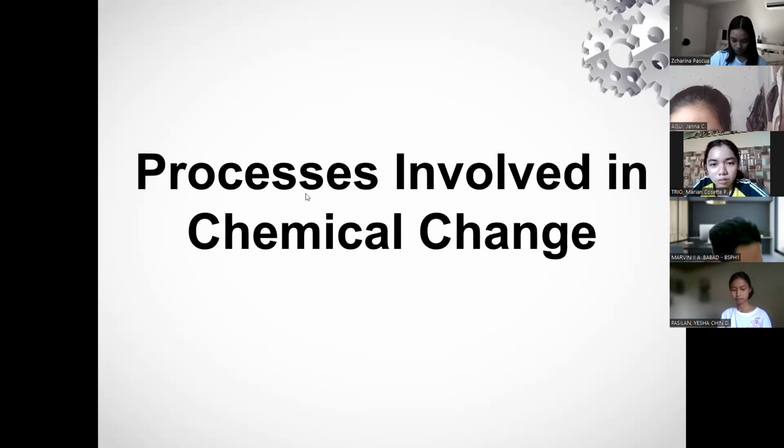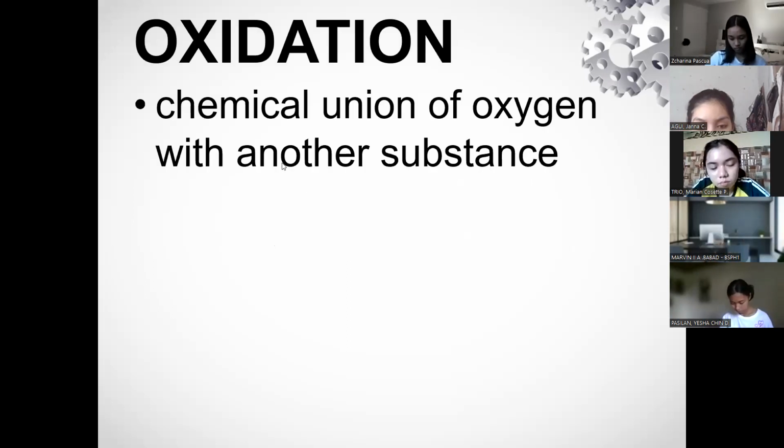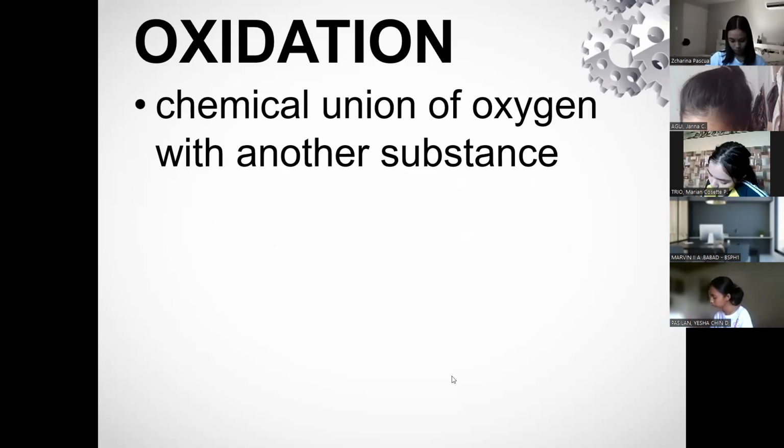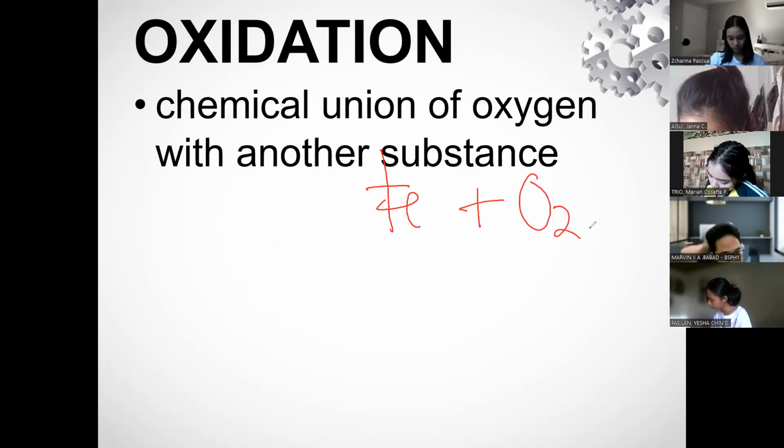So let's talk about chemical change. We have here the processes involved in chemical change. Number one is oxidation. Oxidation happens when there is an interaction of a chemical with oxygen. Like the iron rusting earlier. If you have an iron metal and it reacts with oxygen, there will be rust. Your metal will rust. That is an example of